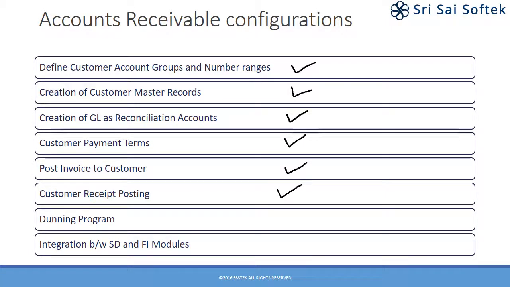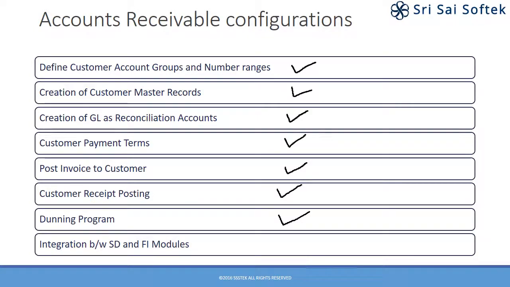Customer balances will be there, and the important thing in accounts receivable is to follow up for the payments, to make sure that the sundry debtors are regularly followed up. To do this, SAP has designed what is called as a Dunning program. The Dunning program takes care of the automatic follow-up correspondence for customers for due payments. We have a separate video for that. Anyway, this is what is covered in AR.